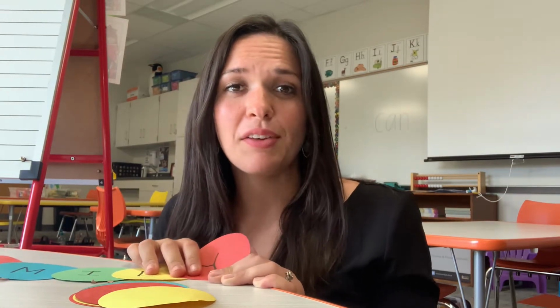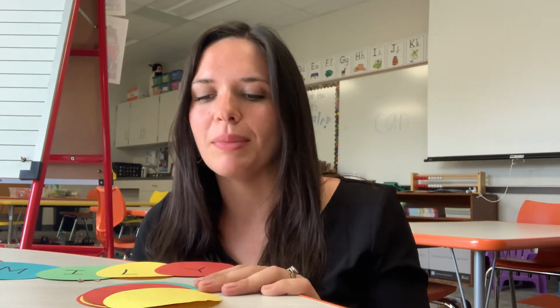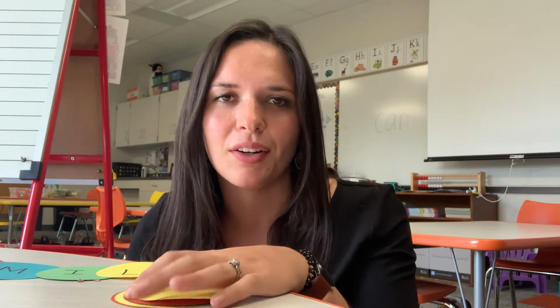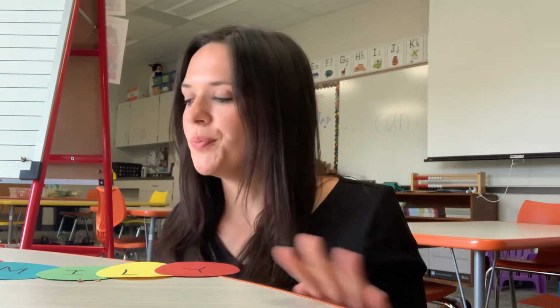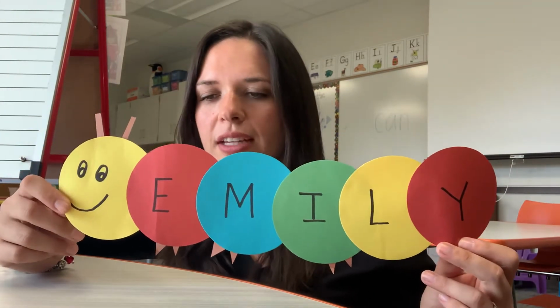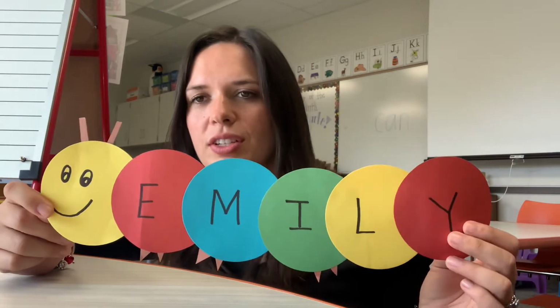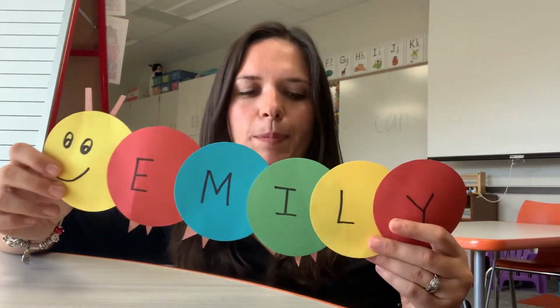All right, guys, so today for our caterpillar lesson, we're going to do a little bit of review on sorting, and we're going to make some patterns like we've been doing in our number corner for our calendar. So you guys are going to be getting your circles today. You're not going to write your name on it just yet. You're just going to be using your different colored circles to make patterns, like I said,